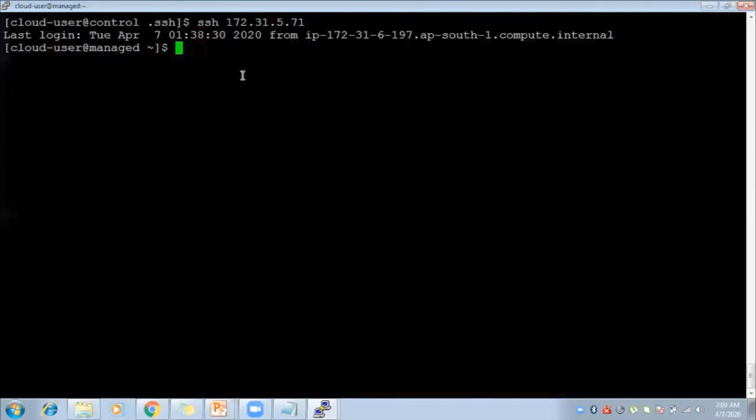So what you're doing is using your control node, let's call it your master machine, to connect to the managed node. That's why you're creating both a public key and a private key. From the control node, I have generated the public key and private key, and from the control node the public key is copied to the managed node, right? Yeah, to the managed node.